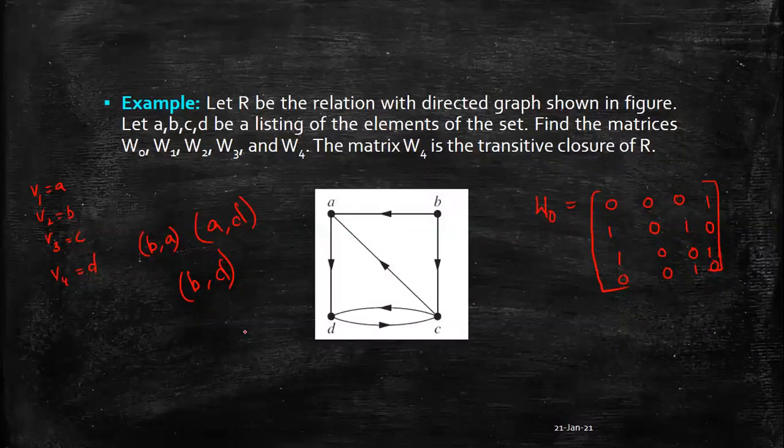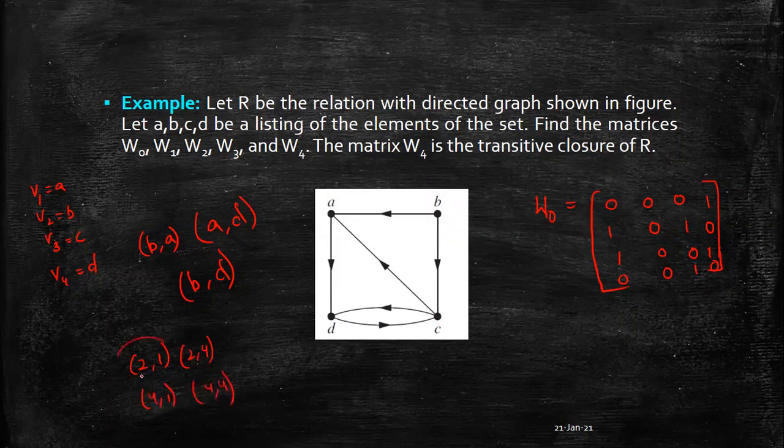So we said we have taken the pairs 2 1 for W3. We are supposed to write 1 at these positions, but why are we writing 1 at these positions? I'll let you know. So 2 1 is V2 comma V1. What is V2? V2 is B over here and V1 is A. We need to have a BA. So we need to have an edge from B to A, which is already there.